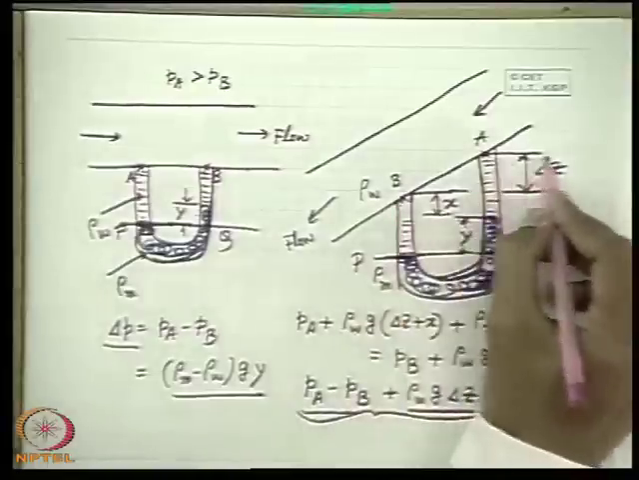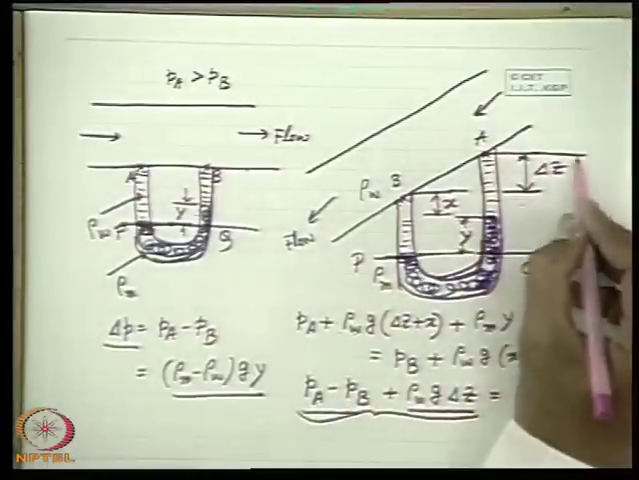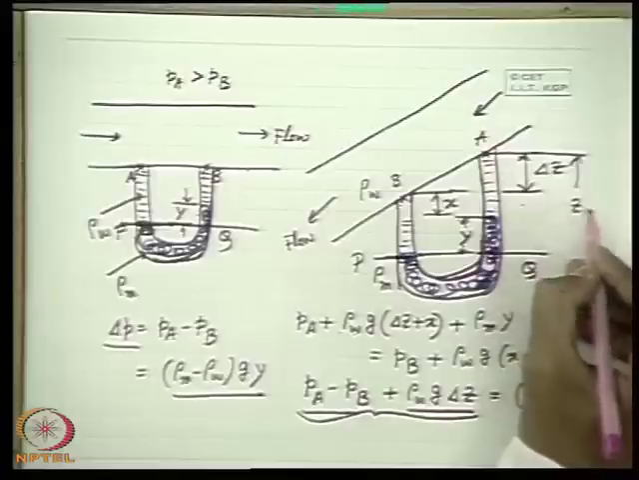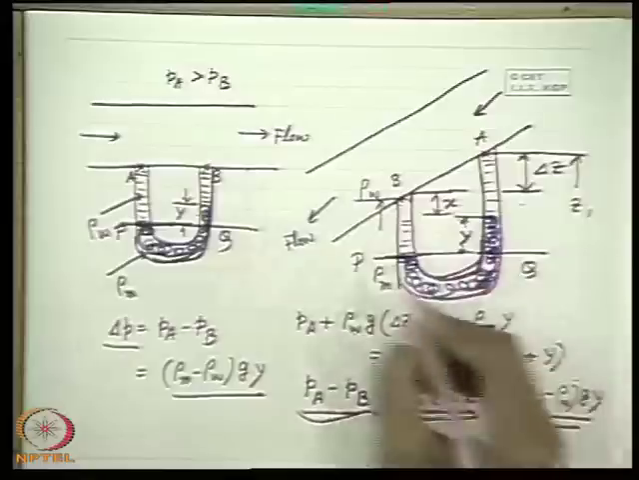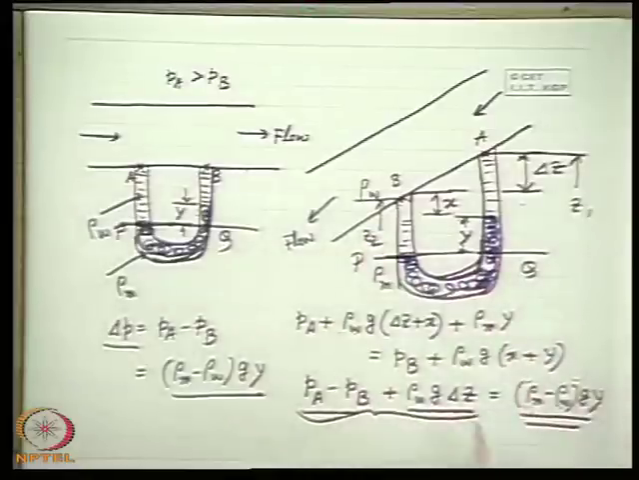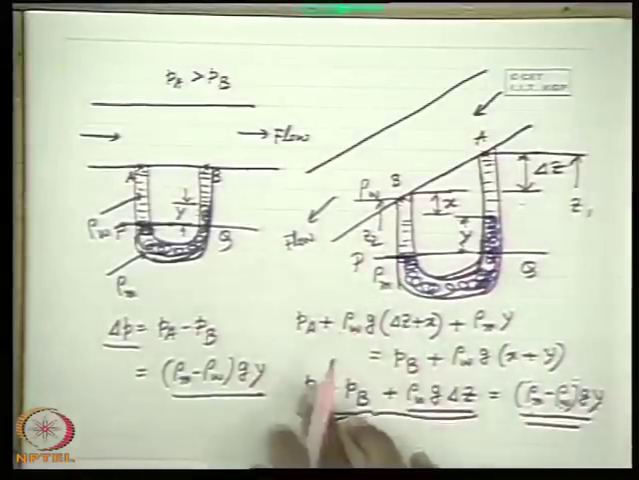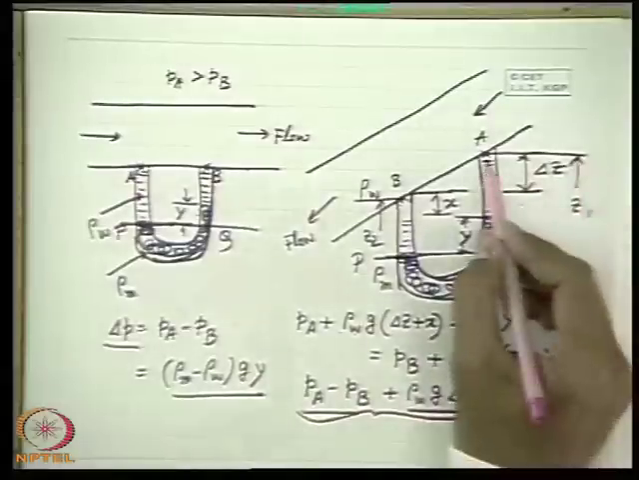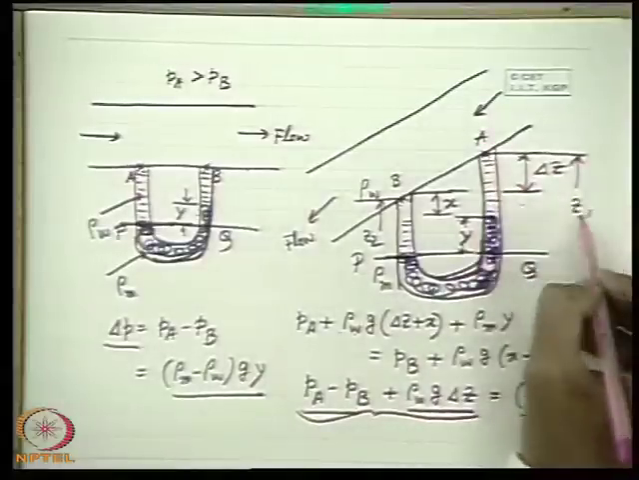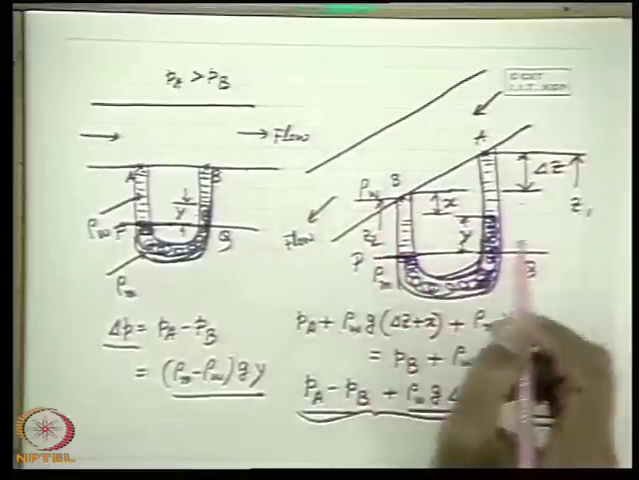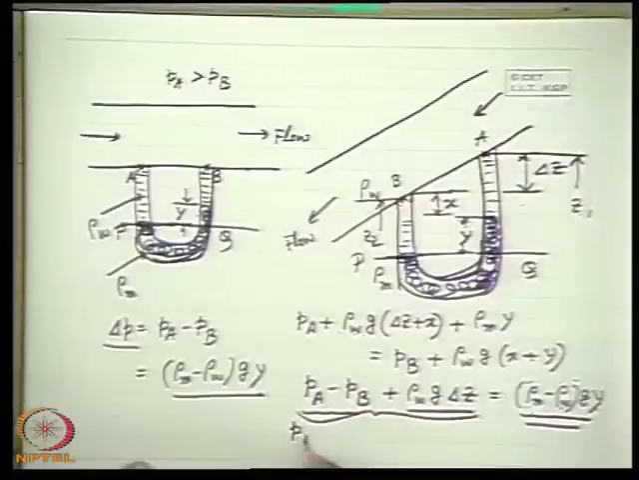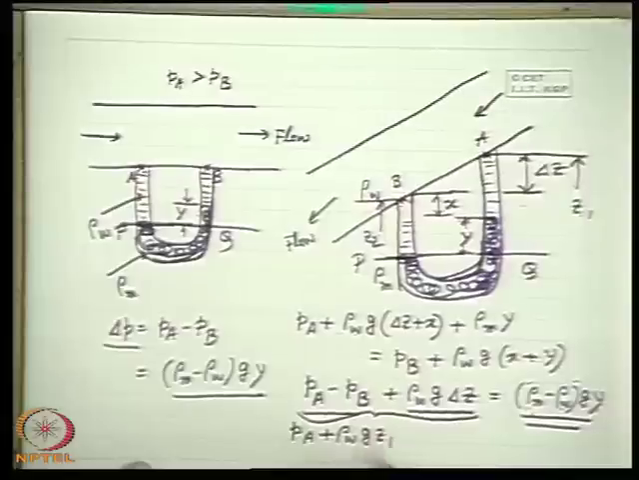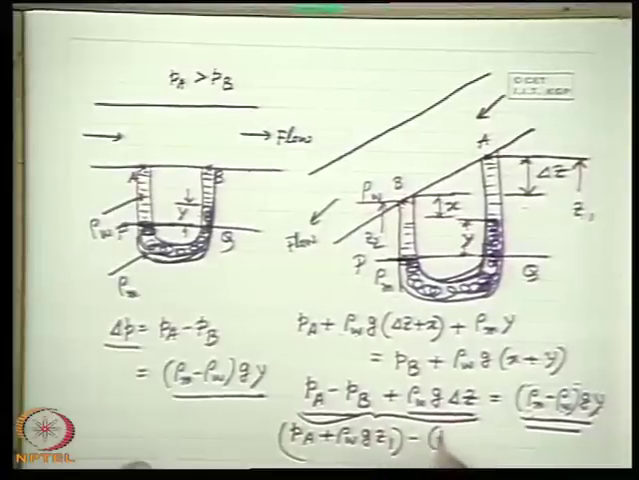Now, if I express the vertical elevation of A and B, this we will come afterwards in our course, from any reference datum, if I just specify the elevation of A as Z1 and elevation of B as Z2, then I can write this as PA plus rho W g Z1, this quantity, minus